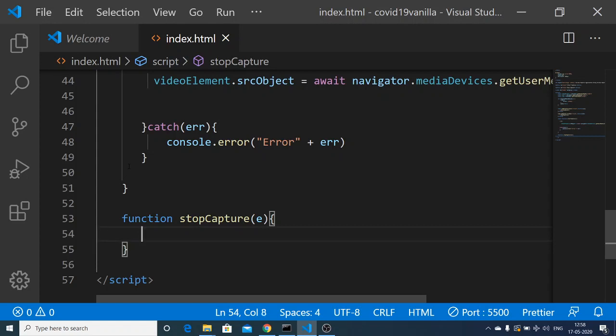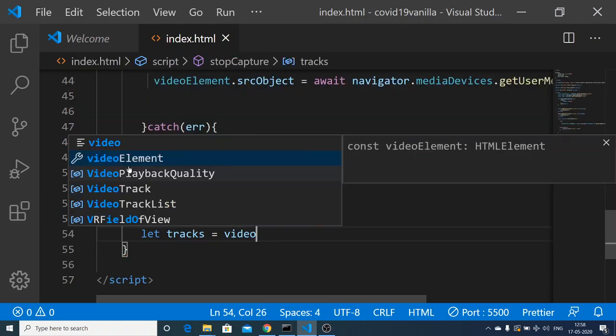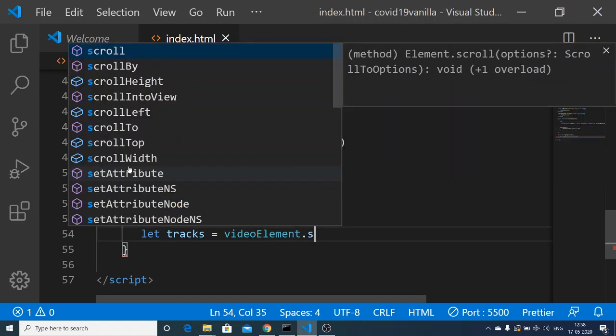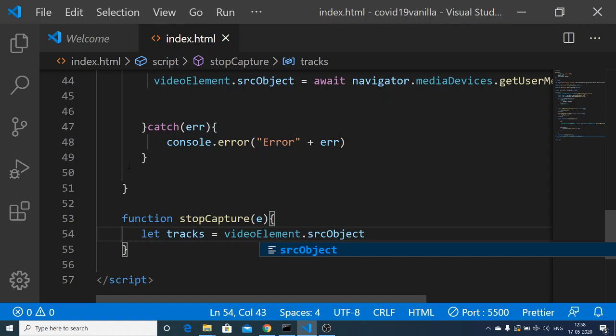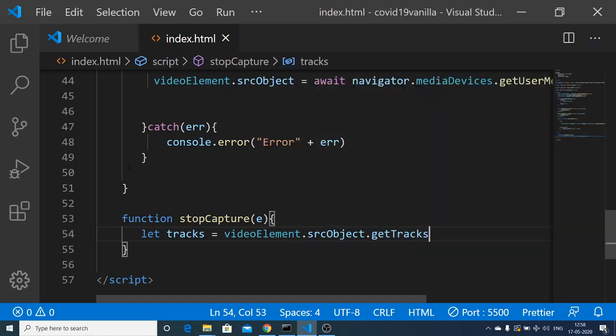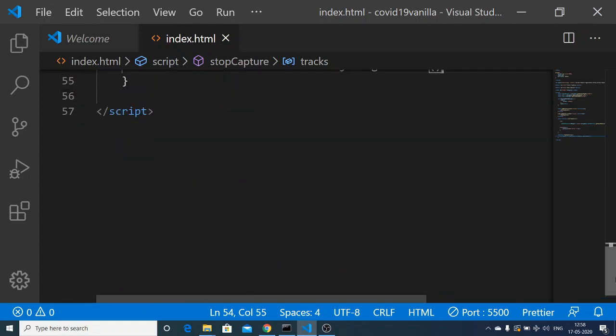Inside this stop capture, we first of all need to declare a tracks variable, and inside this we will be using the video element dot source object dot get tracks. Let me just see what we have declared here. Video element, yes, video element.